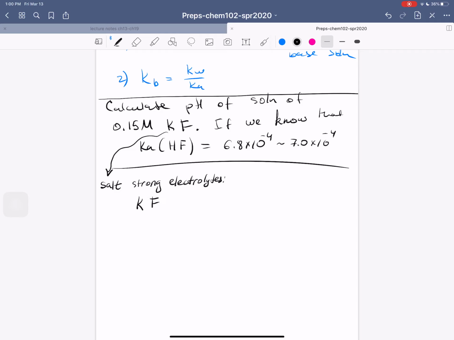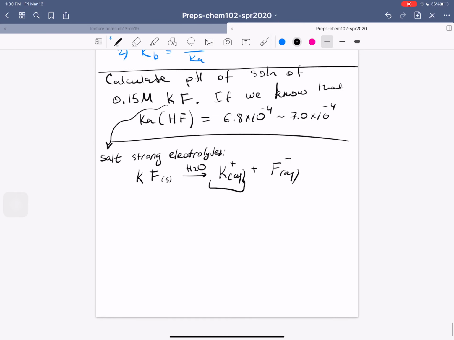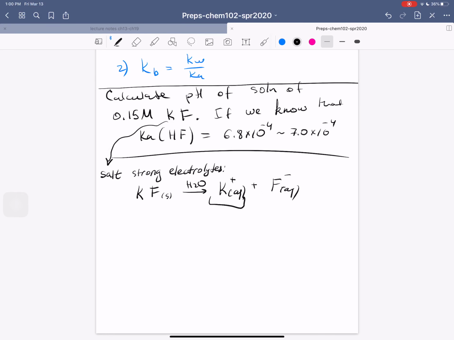It means that when you take potassium fluoride, let's say solid, and you put it in the water, when you prepare the aqueous solution, it will dissociate into potassium and fluoride ion. Okay, so potassium will be a spectator ion here, for the reason that we will describe in the next video. But what we have here is a fluoride ion that actually acts as a weak base